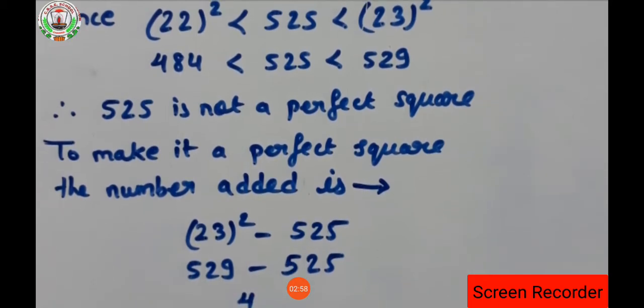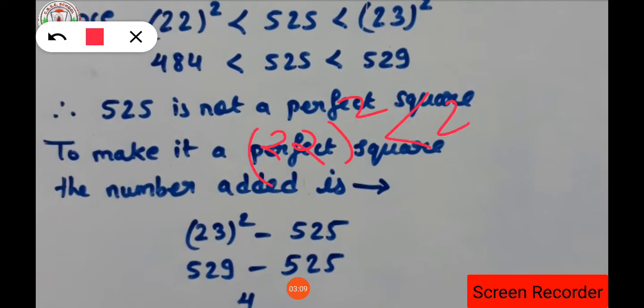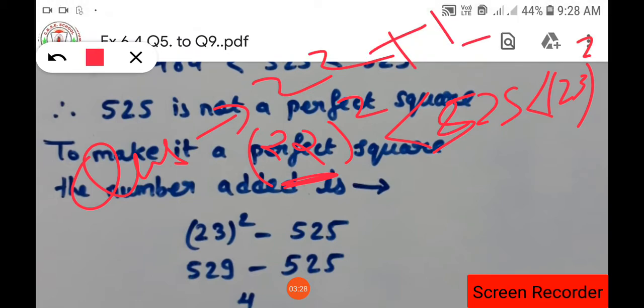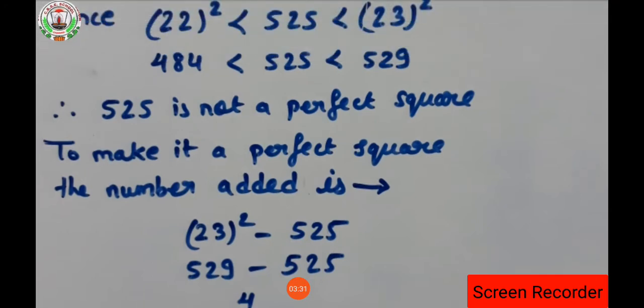So here in this addition, what we are going to do is find the square of the quotient. What quotient are we having? We are having the quotient 22, whose square is less than the dividend 525, which is again less than the square of the next number, 23. We are going to take whatever quotient we have, that is 22. So that quotient, on adding 1, will be how much? That will be 23, isn't it? So one number will be added to the quotient, and it will become 23.